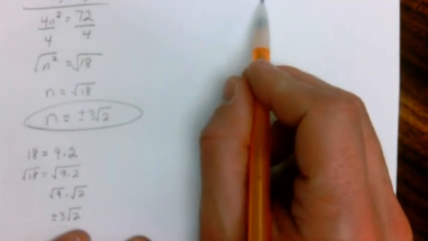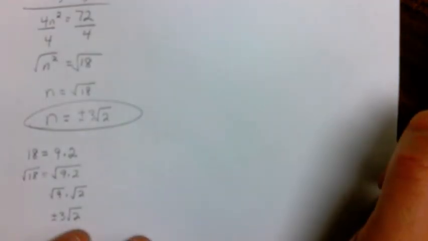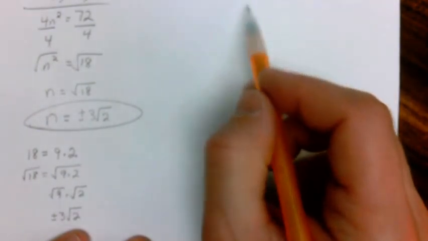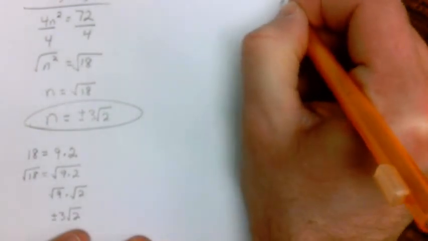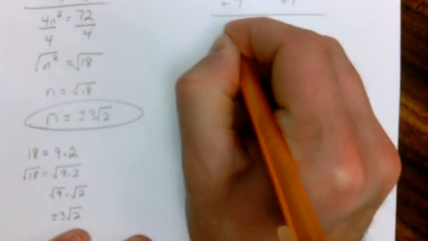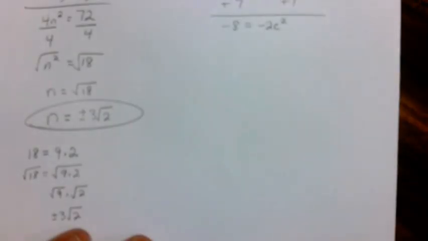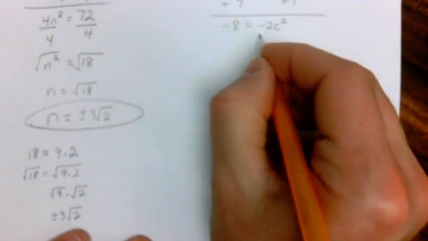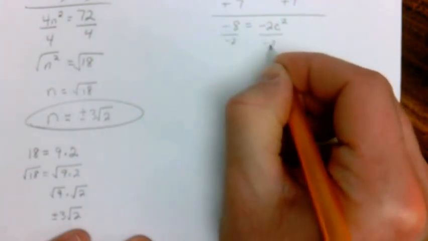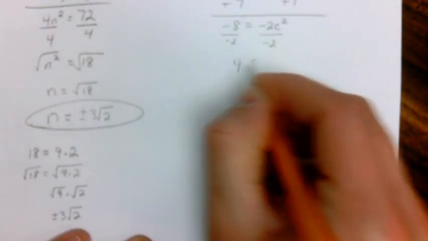In example B, we have negative 15 is equal to negative 2c squared minus 7. Again, we've got to isolate our variable term first, so I'm going to start by adding 7 to each side. That gives us negative 8 on the left, and it's equal to negative 2c squared on the right. Now I'm going to divide each side by the negative 2, and that's going to give me 4 equal to